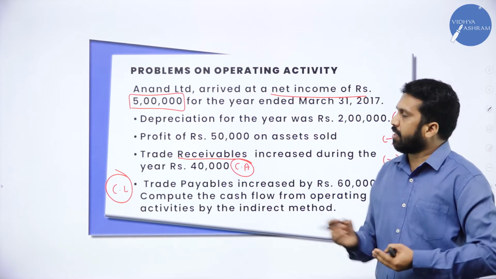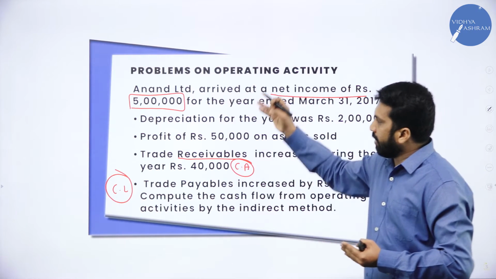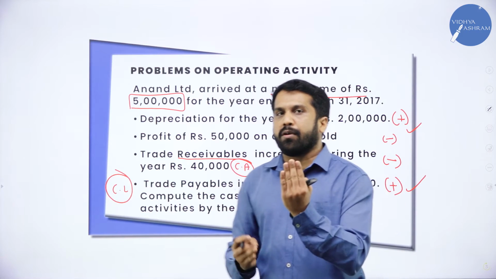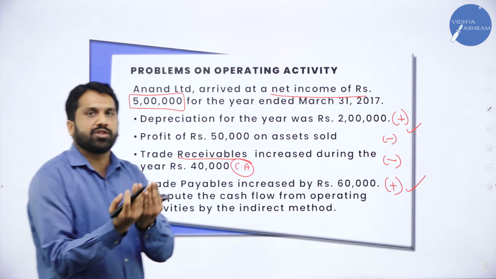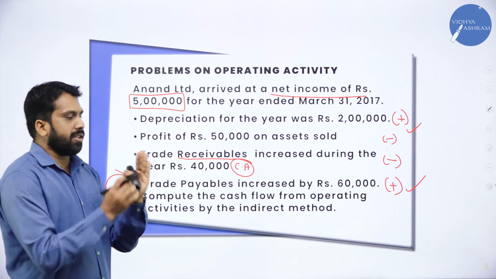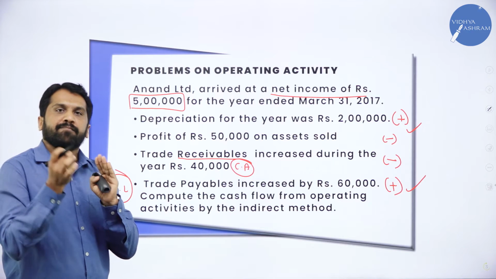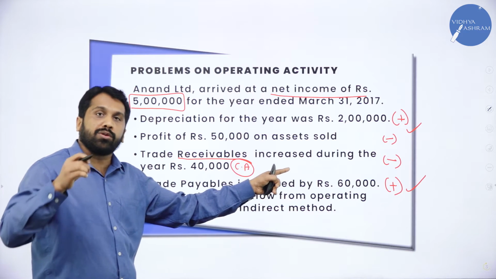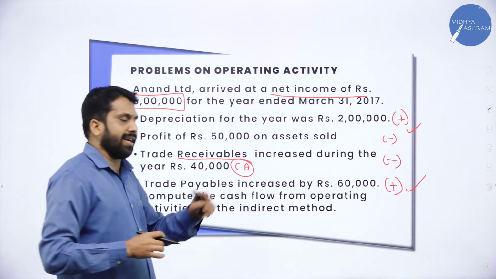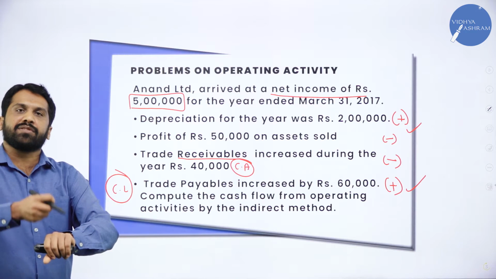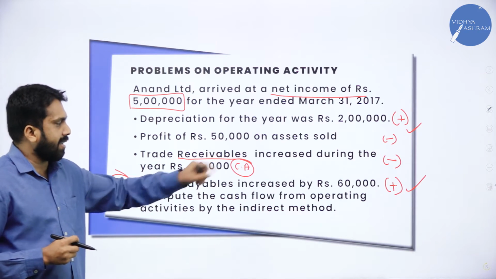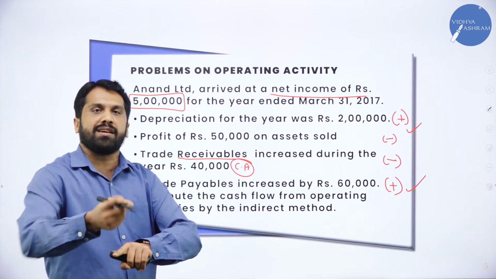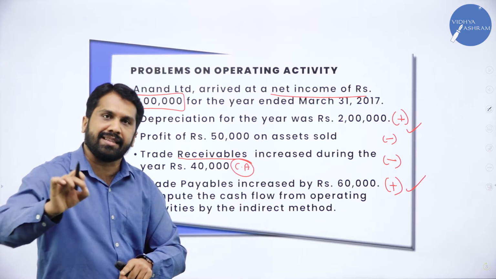On a white sheet, write down the format. While reading the question, keep your format along with your question so that you can check in your format whether it should be add or minus. How to identify current asset and current liability? Anything which is receivable is a current asset. Anything which is payable, we call it a current liability.